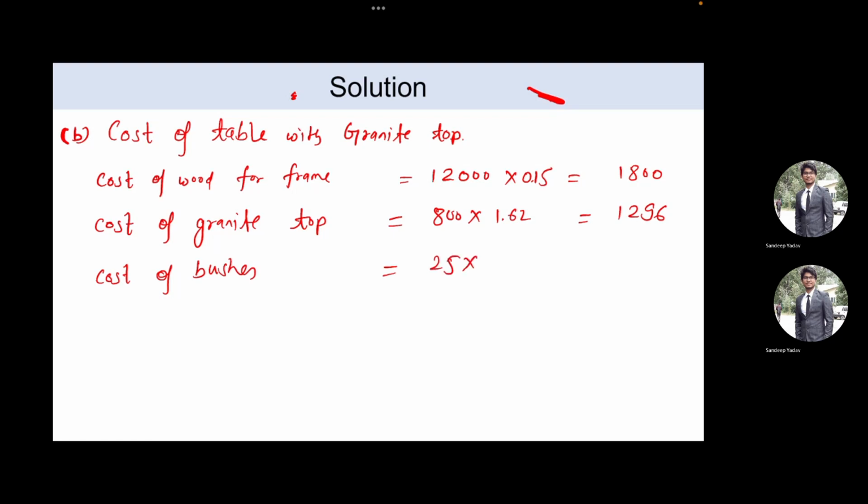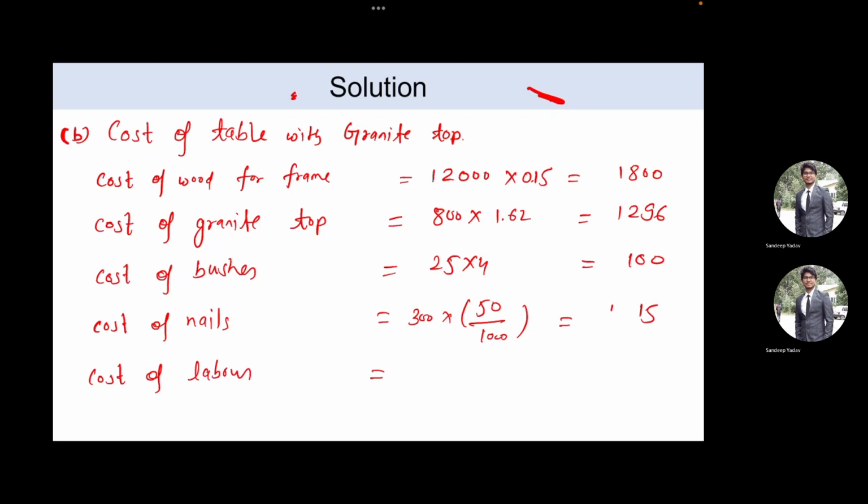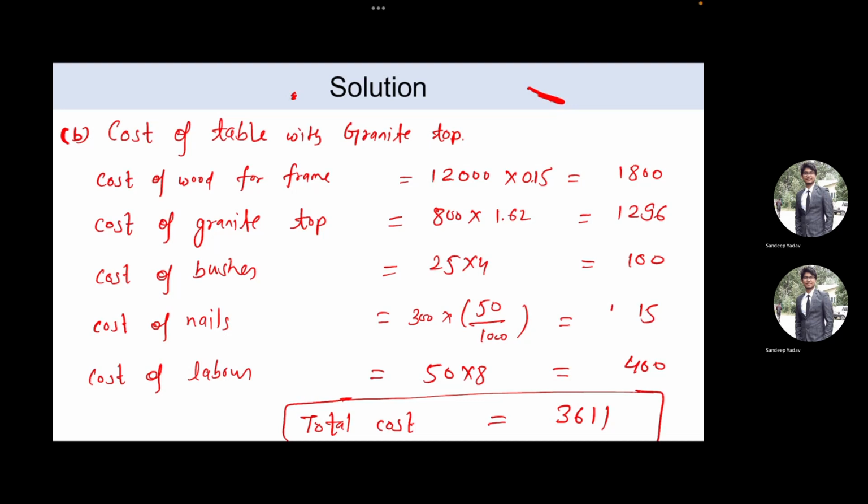Cost of bush list is 25 into 4, that is 100 rupees. Cost of nails is 300 into 50 upon 1000. And finally, cost of labor, that is 50 into 8, that is 400 rupees. So if you add the total cost, it would be 3611 rupees. So we have seen that total cost is less than the